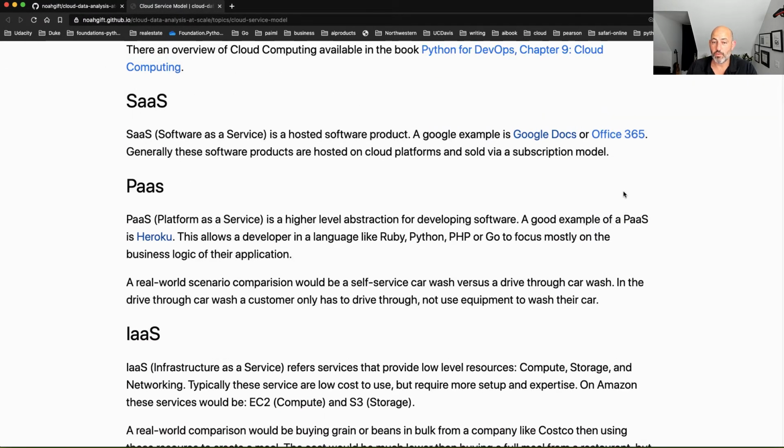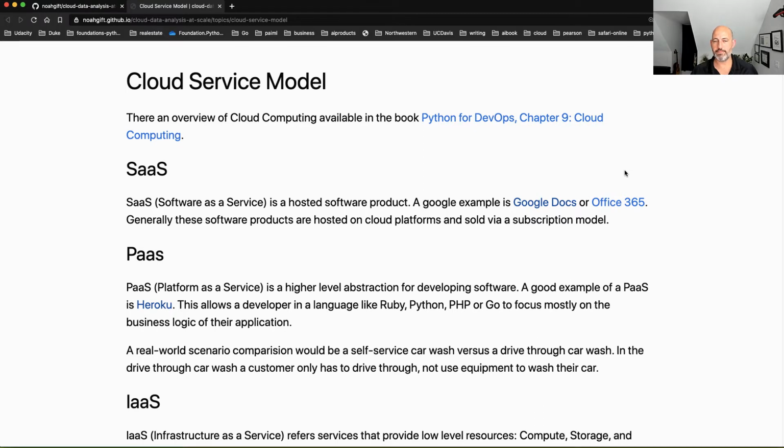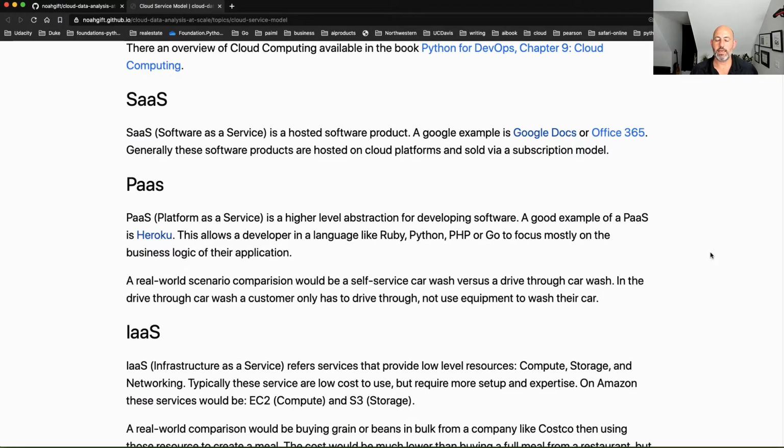So this is a really important concept to be aware of, this cloud service model concept. Why is it so important, and what are the reasons for it being something you should know? It really can help you identify how you should solve a problem. In particular, software as a service is a good place to start.